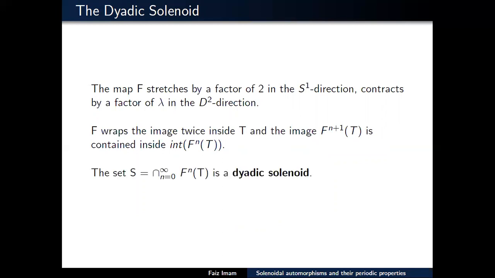So when you take the set S, the intersection over n equal to 0 to infinity, this is what we call a dyadic solenoid. In one way, if you think that at every stage we are wrapping it twice, can we characterize it like we have a sequence, and at every stage it's going to tell that